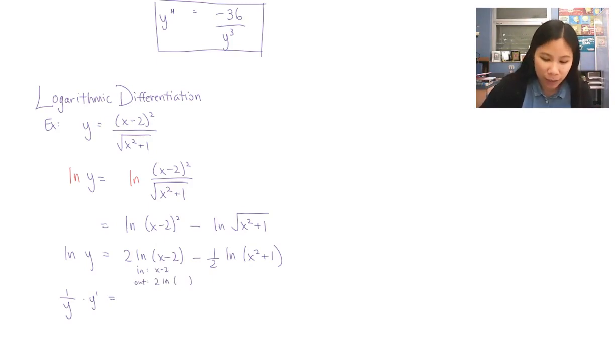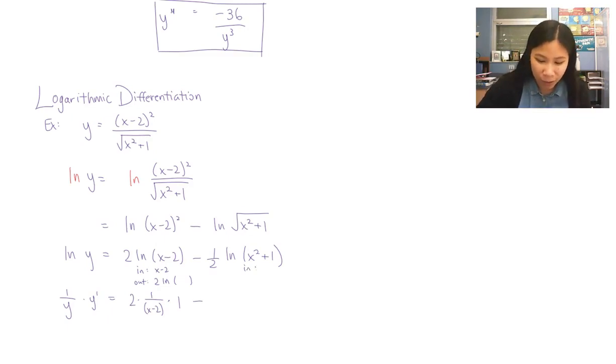So the derivative of the outside would be 2 times 1 over the stuff, which is x minus 2, times the derivative of the inside. And since the inside was just x minus 2, the derivative is just 1. Minus,